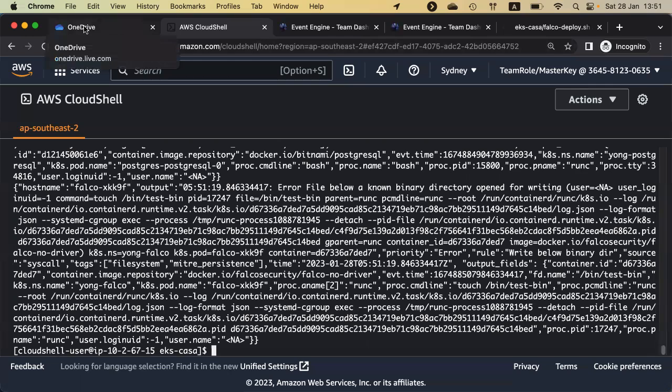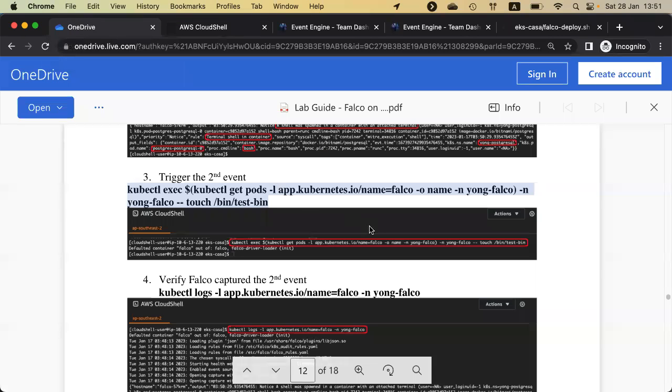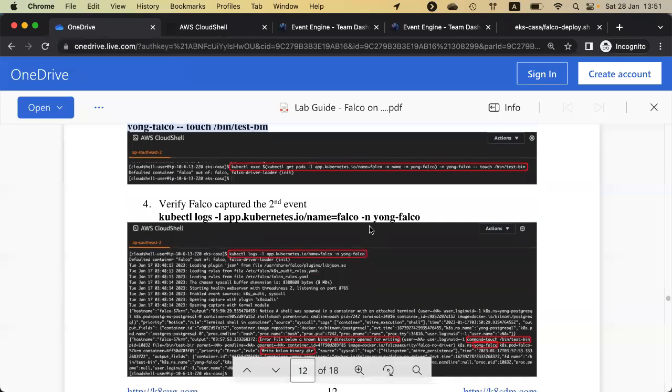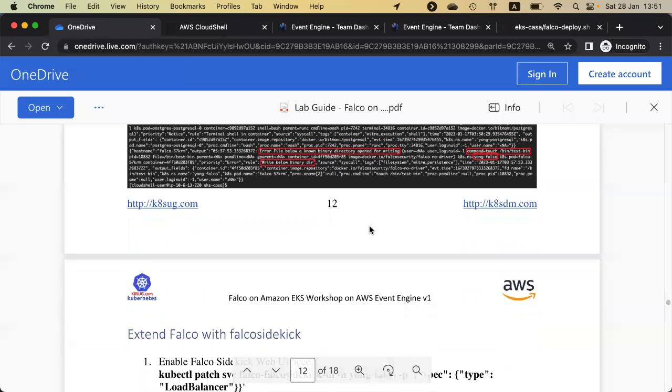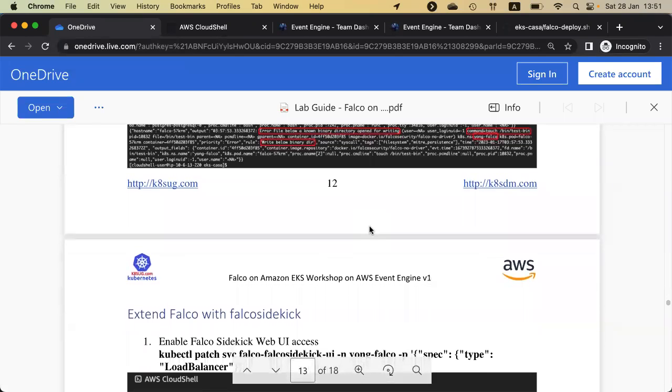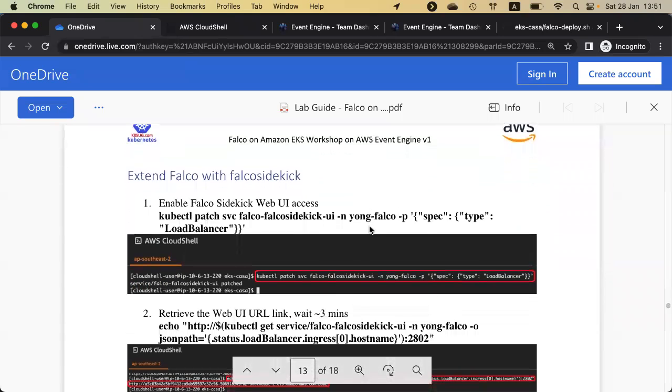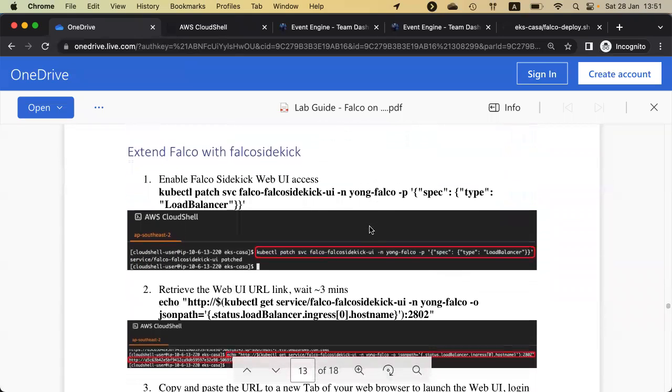Yeah, you guys are all good? So basically in the testing, we just check the 2 events. And we notice from the logs, we already captured the 2 events. And the next one is we are going to enable Falco via the sidekick-ui. So how to do it? First of all, you need to patch the